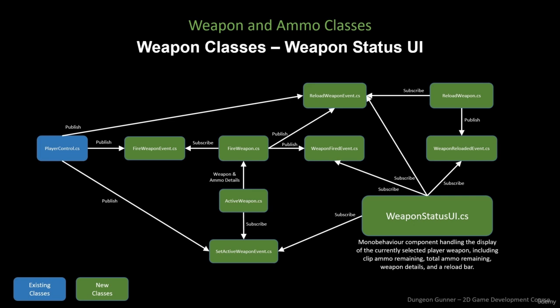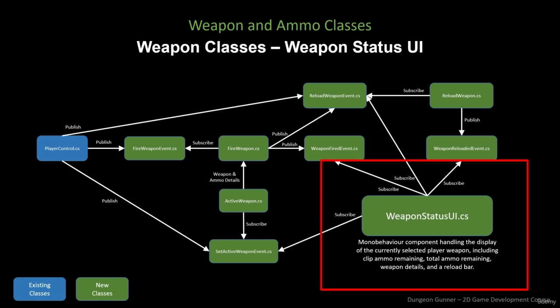So we've looked at firing weapons, we've looked at reloading weapons, and we've looked at switching weapons. And what we also need to do is provide some feedback to the player about exactly what's going on with the weapon that they're currently using. So to do that, we're going to have a weapon status UI. And to support that weapon status UI, we're going to create a new class called WeaponStatusUI, and that's going to be a MonoBehaviour component handling the display of the currently selected player weapon, including the clip ammo remaining, the total ammo remaining, the weapon details, and a reload bar that will be triggered when the player reloads the